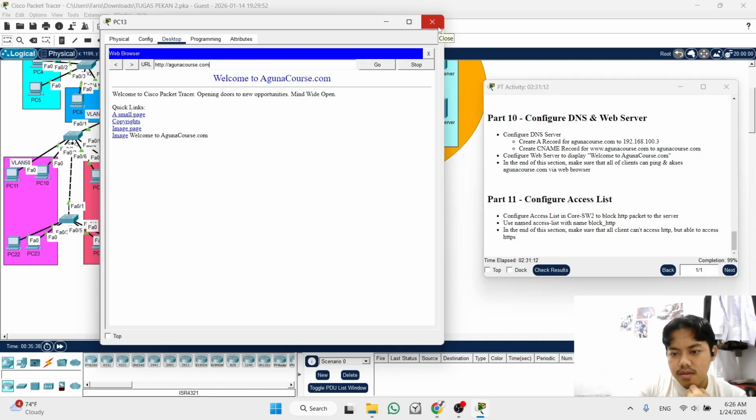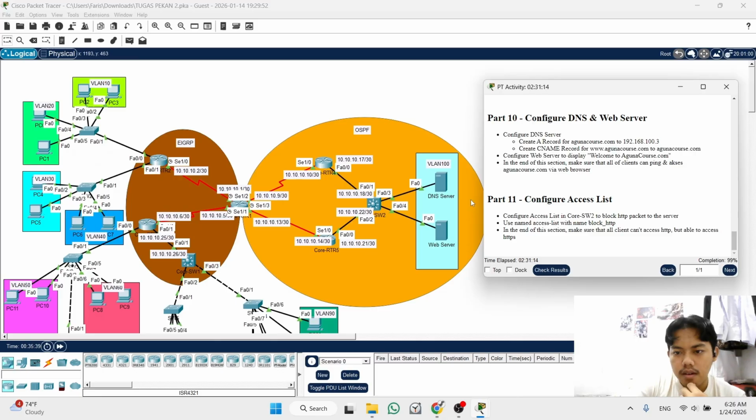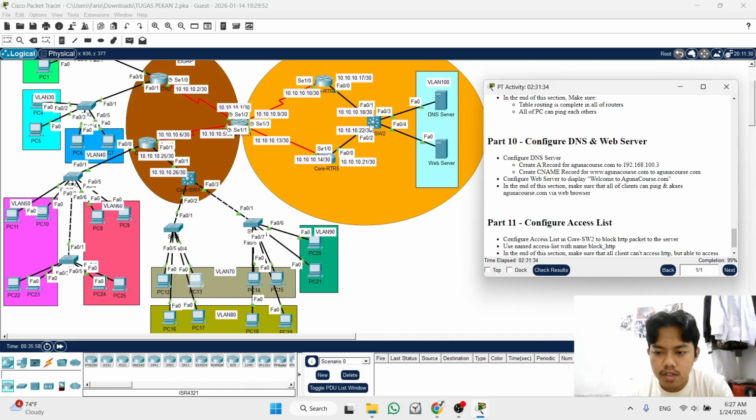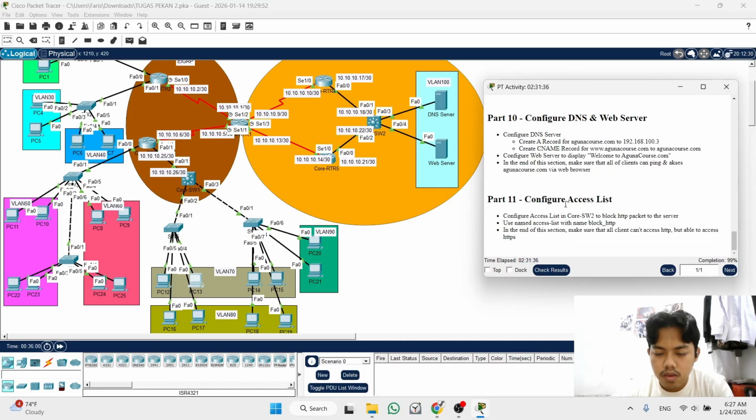And now the last part is the access list. It asks us to block the HTTP packet to the server. Okay, we configure it on MLS switch 2.